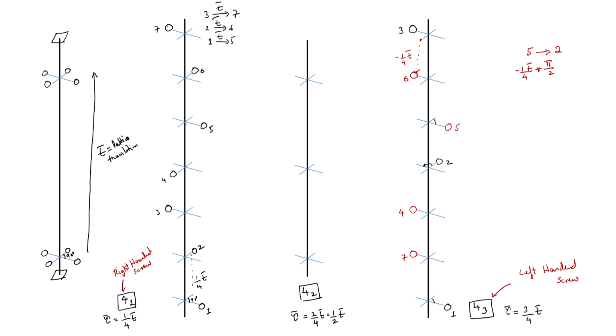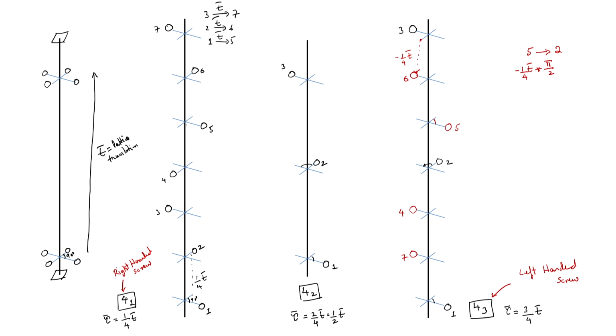Now, coming to the third screw axis, 4 sub 2. So, 4 sub 2, motif number 1, we rotate through 90 degrees and then move up by half the t vector. So, my half the t vector is out here. So, this is 2, rotate again another 90 degrees and move half the t vector, I come out here, and this is motif number 3.